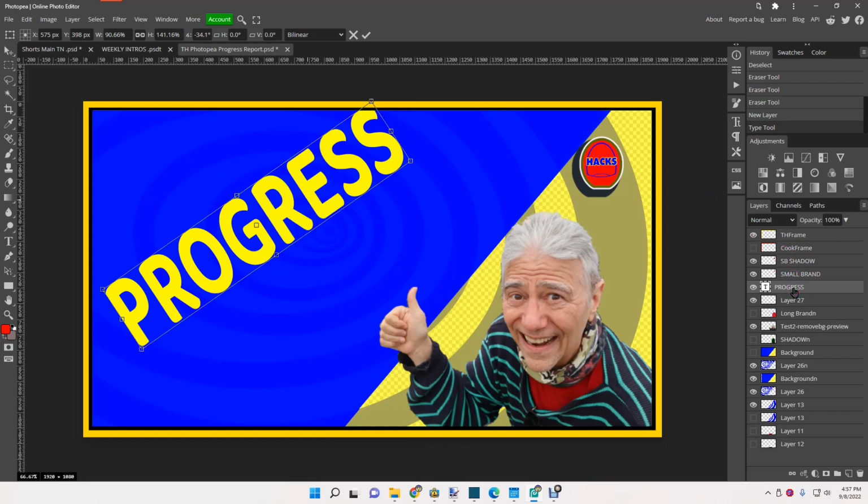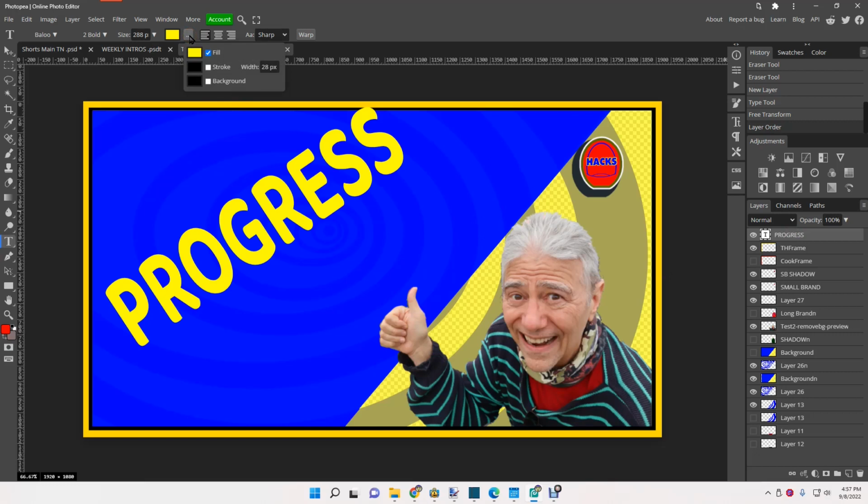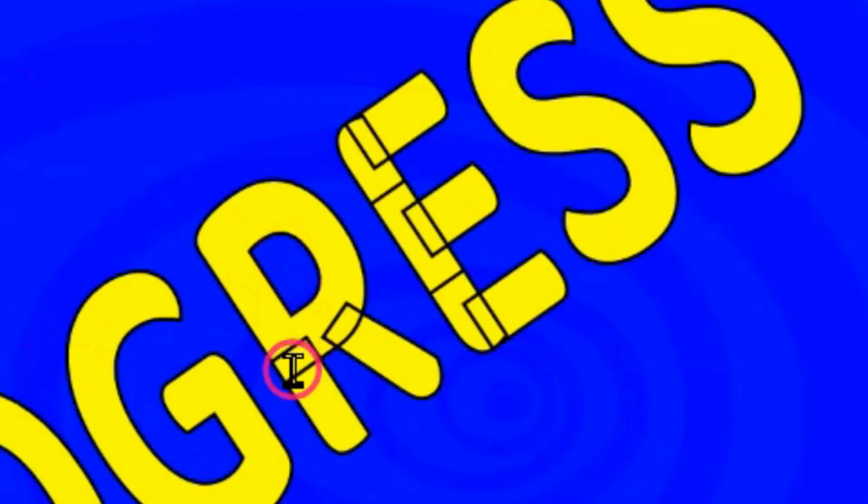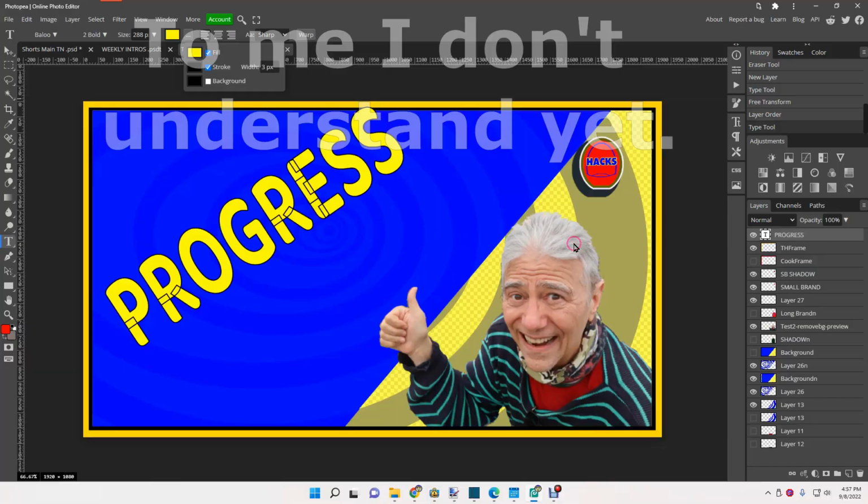We still have to layer, and let's go layer it over the frame just to give it a little bit of difference. Now here's one of the problems I've been having with Photopea. I don't know if Photoshop does the same thing. Let's say I want to do a stroke on this where I have an outline of say 3 pixels, and we put the stroke in. Notice how these are going into my text, and I can't stand that. The only way I can get around that is to have an extra layer on top of it,